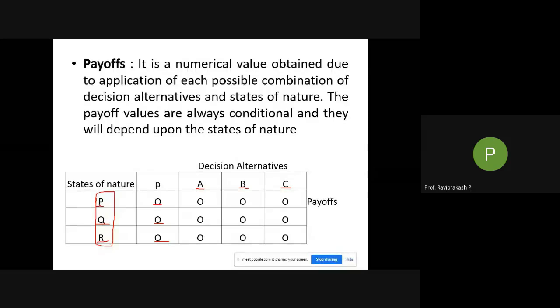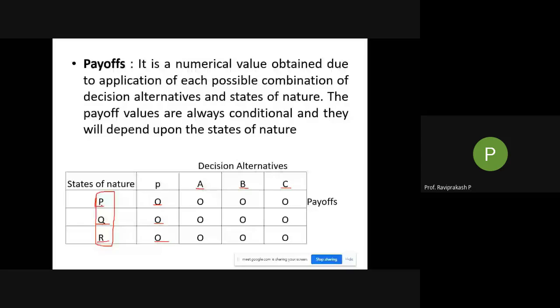Heavy winds could be there, like if you came across a cyclone, there was a lot of wind blowing, and it was very cold as well. So I could take it as P, Q, R, S also, but I'm taking only 3. What I mean here is it should be exhaustive. It could be anything, but it should end at a particular moment of time. Then what is the next step?